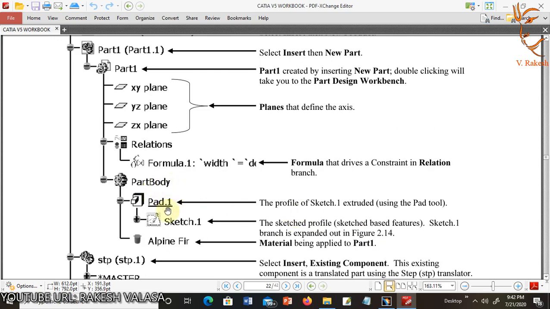Next one is part body. In the sub branch is pad 1. The profile of sketch 1 extruded using the pad tool. Sketch 1, the sketched profile, that means sketched base features. Sketch 1 branch is explained in the figure.